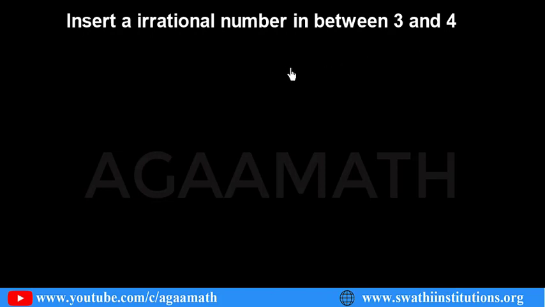So already we have learned in the previous videos what an irrational number is. It's very easy. Let us see, 3 and 4 are rational numbers. So I would just like to take 3 and 4 here. As these two are rational numbers, an irrational number means the decimal part is non-terminating and non-repeating. For example, here we can give multiple answers for this question, but I just give